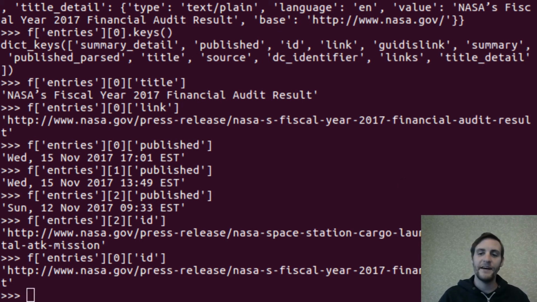So with this, we have the tool that we need to build this actual aggregator. The basic idea here is going to be that at some set interval, which will be determined by the frequency that the feeds are updated. So if NASA releases an article every day, we'll want to poll this every single day to see if there's a new article. So we'll use this feedparser, parse their feed at that interval,